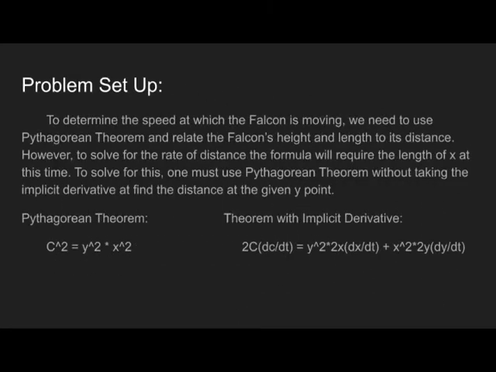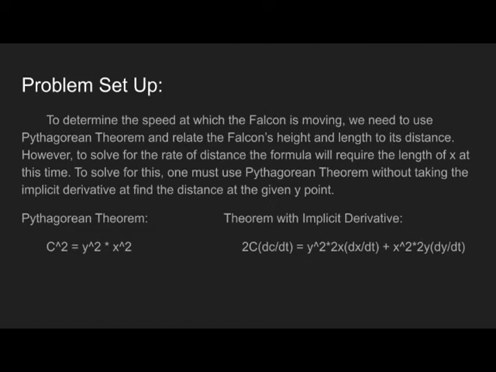Setting up our problem. To determine the speed at which the Falcon is moving, we need to use Pythagorean theorem and relate the Falcon's height and length to its distance. However, to solve for the rate of the distance, the formula will require the length of x at this time. To solve for this, one must use the Pythagorean theorem without taking the implicit derivative to find the distance at the given point. So, our two theorems, Pythagorean theorem in and of itself, c squared equals y squared plus x squared,